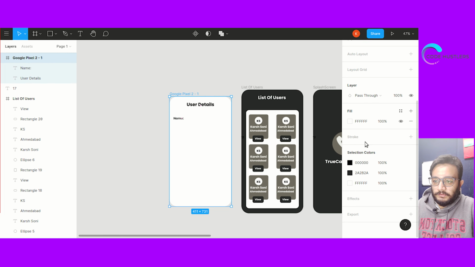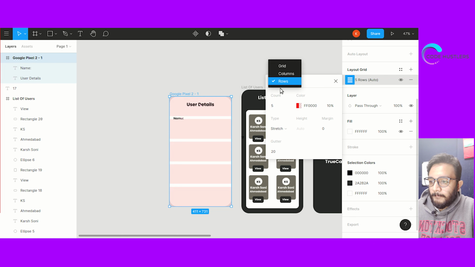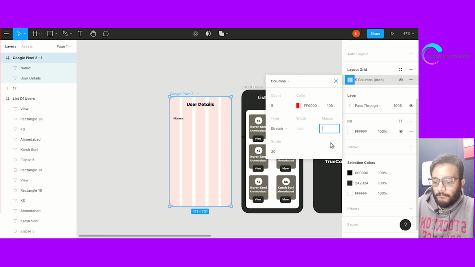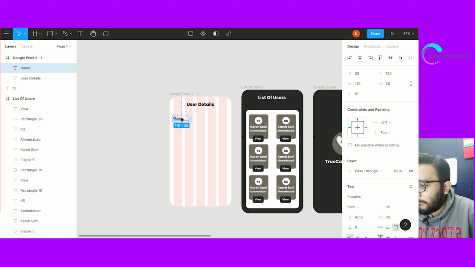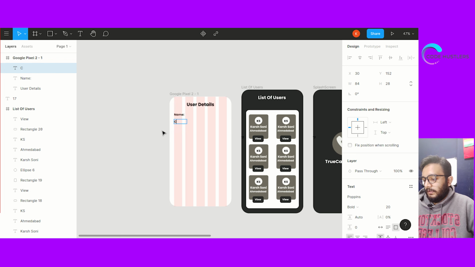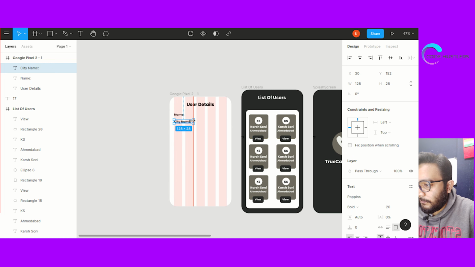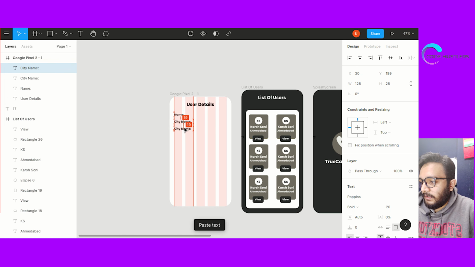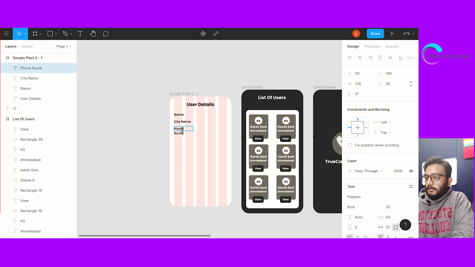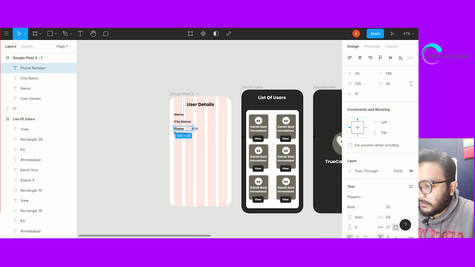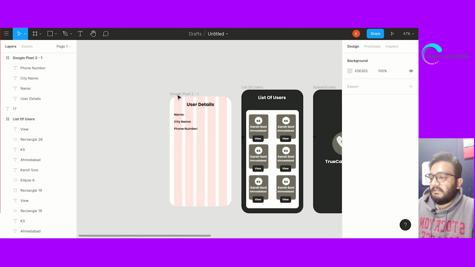Okay, let's just show the grids. City name, and give it another field which will be phone number, because that's the key information that we'll need in this app, otherwise we won't be able to send, otherwise there is no purpose of this clone.